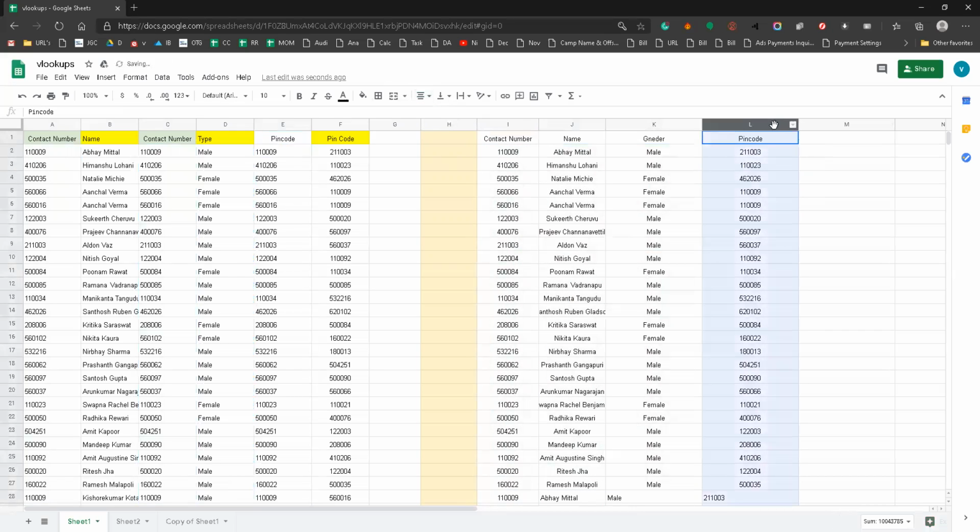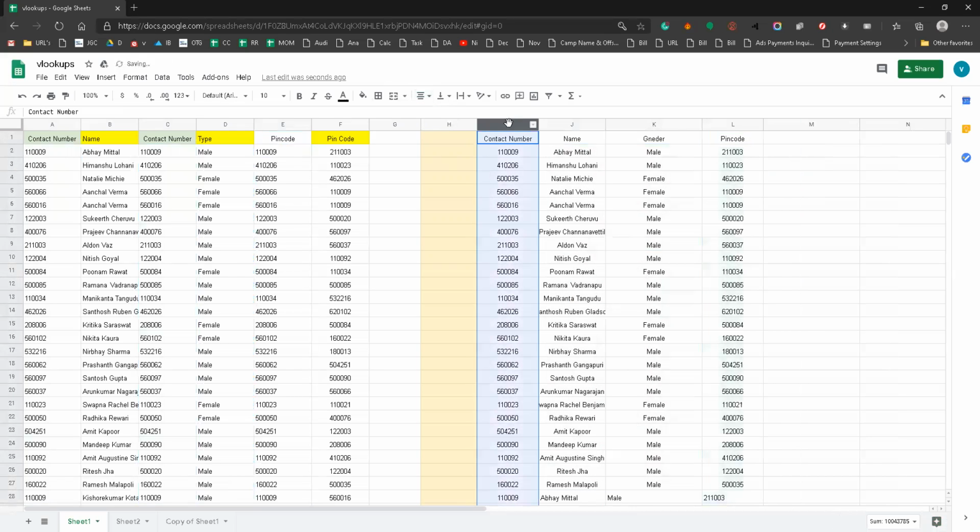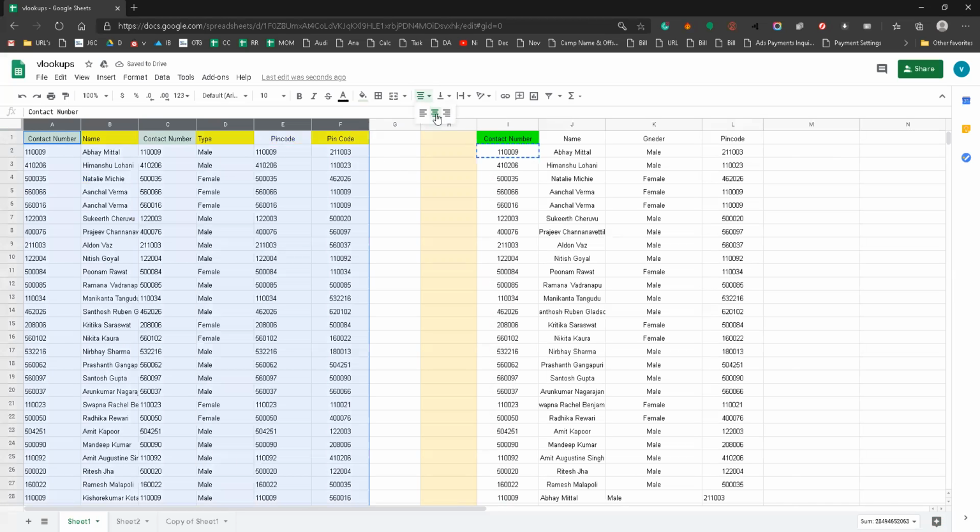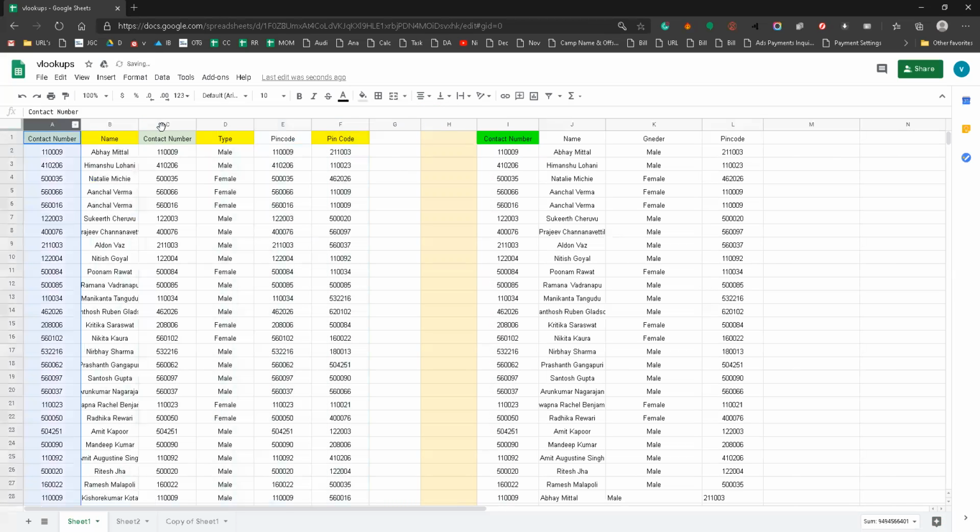So the main concept here is the data which we are looking up, such as the contact number or anything. This is the main data. Accordingly, the source data should also contain another column with the same data which is matching to that particular data. Do you have any doubts?